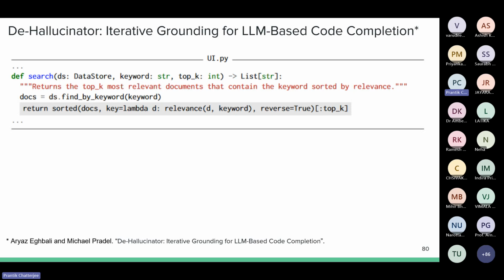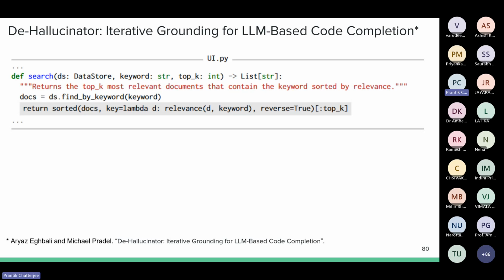Hallucinations means that they can produce outputs that may not even exist in the real world. For example, let's say you are trying to use some large language model to do code completion. If you ask it to write code, it might call a function which might not even exist. A very prominent example: someone had asked ChatGPT to write a paper, and it produced a very well written paper, but all the references, all the citations that it produced were complete garbage. All the papers that it cited do not actually exist.